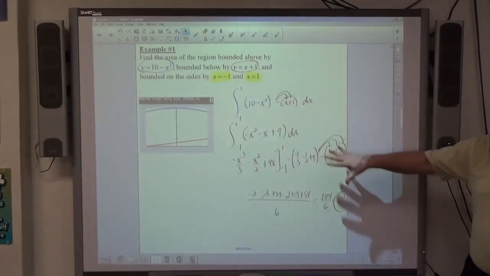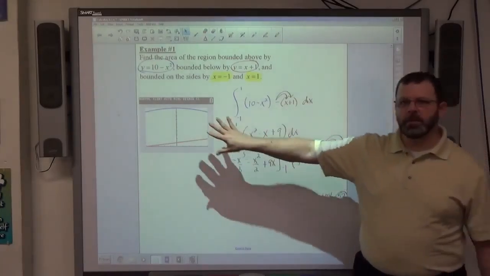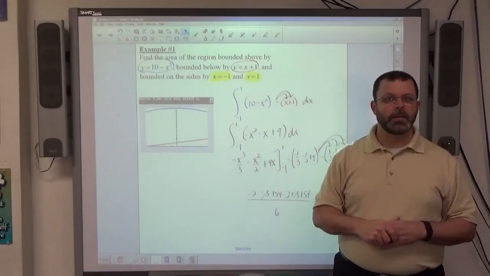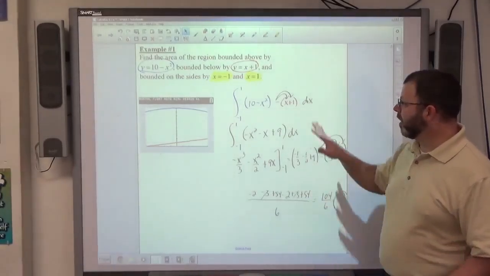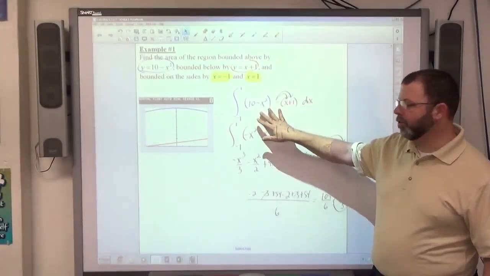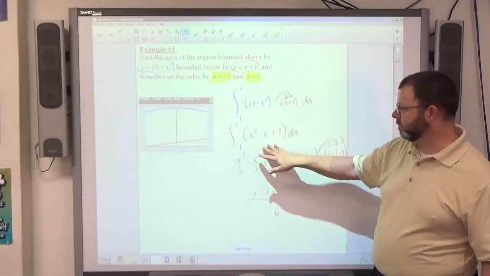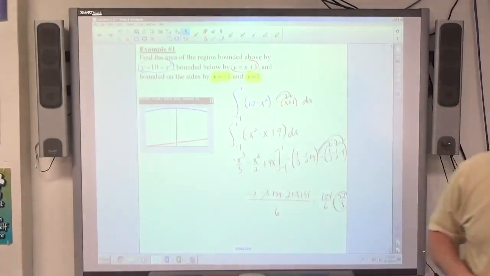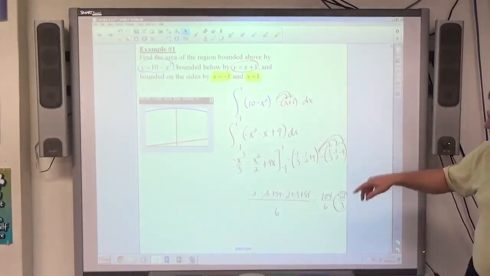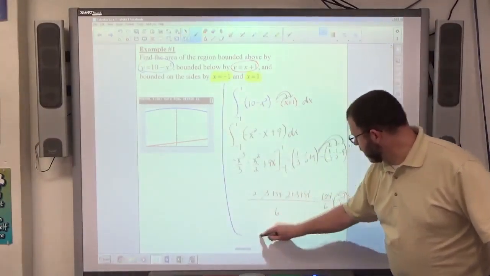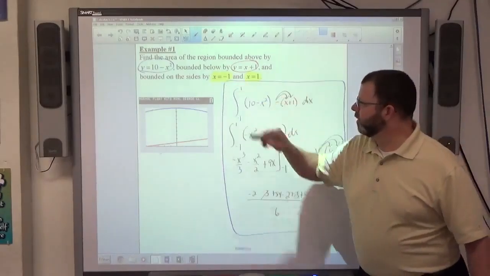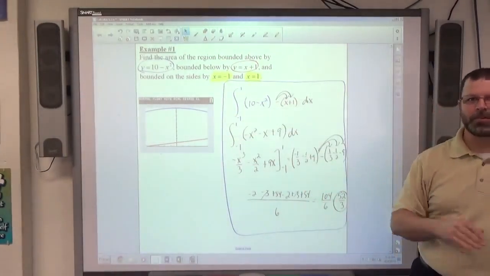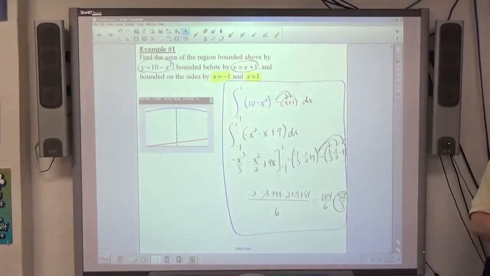All right, this is what I'd expect to see on your paper. Again, use your calculator to graph them to get a feel for what's top and what's bottom. That's the main thing. If you construct the integral properly, you should create the correct work here that's going to get you the correct answer. That's what I'm looking for in each of your problems, that I would see this on your paper. I don't have to see a picture of the graphs. I can believe that you can look at a graph on a computer screen or calculator screen in order to establish a top